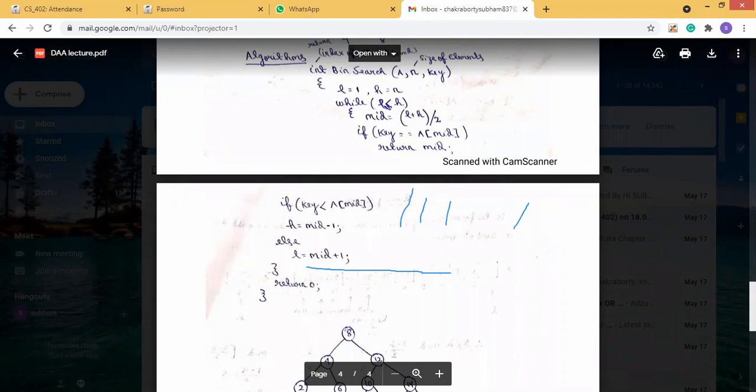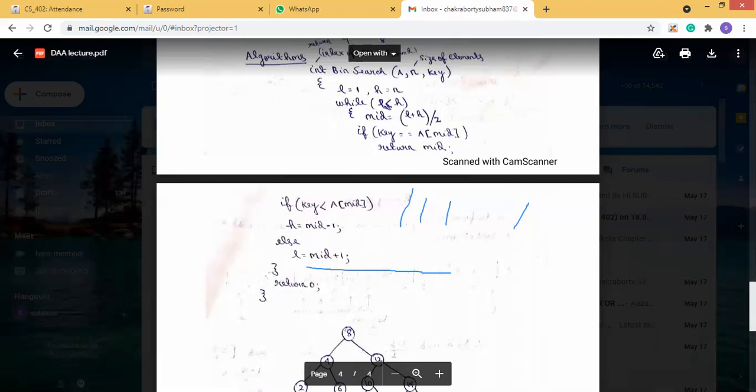If key equals a[mid], then the element we are searching is already present at the mid, so we return the mid value. If the key is less than a[mid], we move the high to mid minus 1.